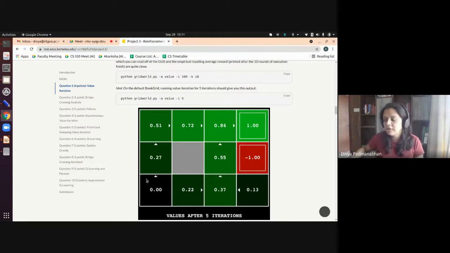What they've shown is one sample policy where, at the bottom leftmost, you will go up. And if you are in this state, what is it? This is 1, 2, right? The coordinate 1. So the bottom leftmost is 1, 1, and this is 1, 2, right?